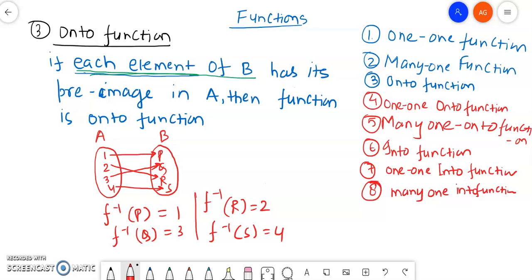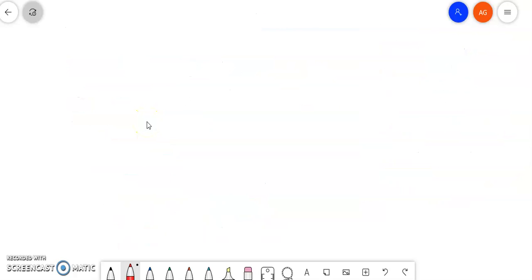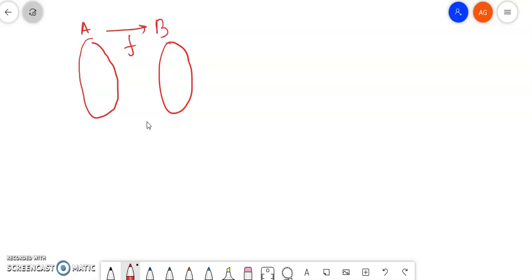हम इसको सिंपल तरीके से एक और एग्जांपल लेके समझते हैं कि हमारे पास A है and B है. A is related to B by some function. हमारे पास A में है 1, 2, 3, 4 and B में है P, Q, R, S. Now, 1 is related to Q, 3 is also related to Q, 2 is related to P, and 4 is related to S. Then we can say as